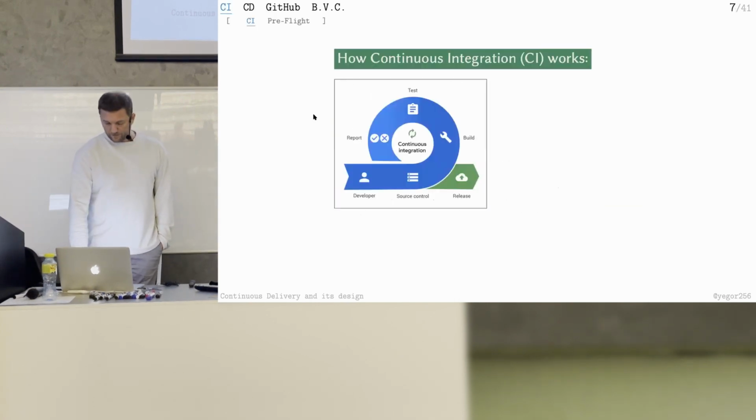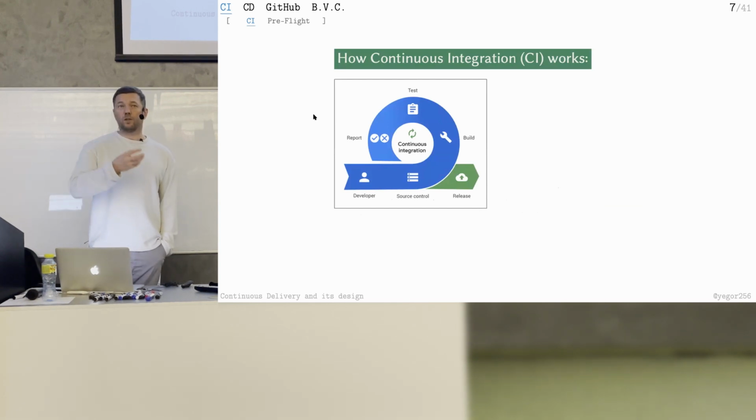Continuous integration works like this. I found this diagram, which actually makes sense. So the developer puts the code, follow the line. The developer on the left puts the code in the source control. Source control is Git. So you do git commit, git push, enter. Then the system understands that something new is in the repository. The system picks it up, some continuous integration system, which may be GitHub Actions or Travis or a huge number of other systems. So it's some robot. The robot is constantly watching what's going on in your repository. The moment you do git push, the robot says, oh, there's something new there.